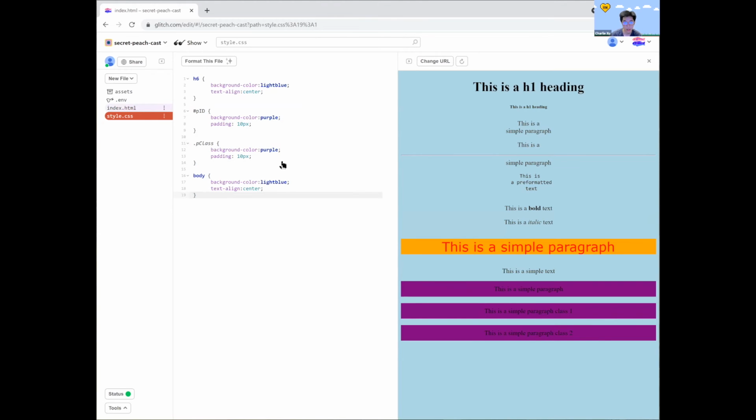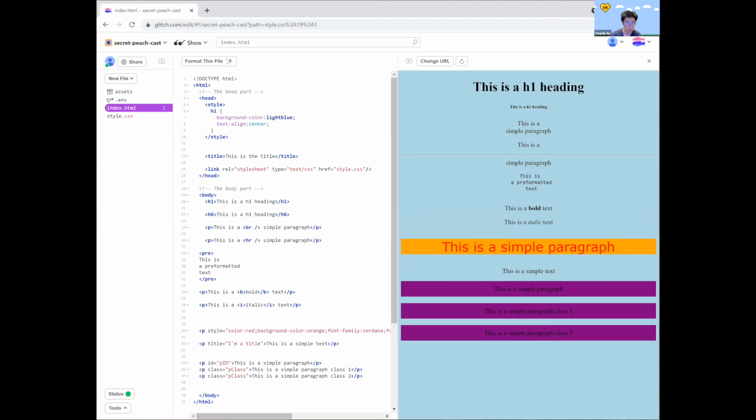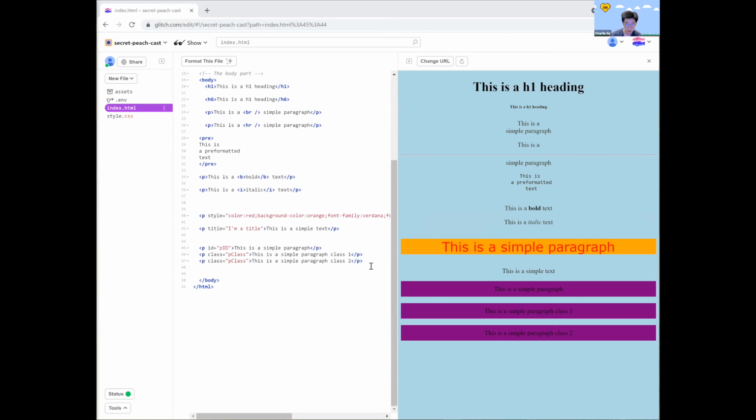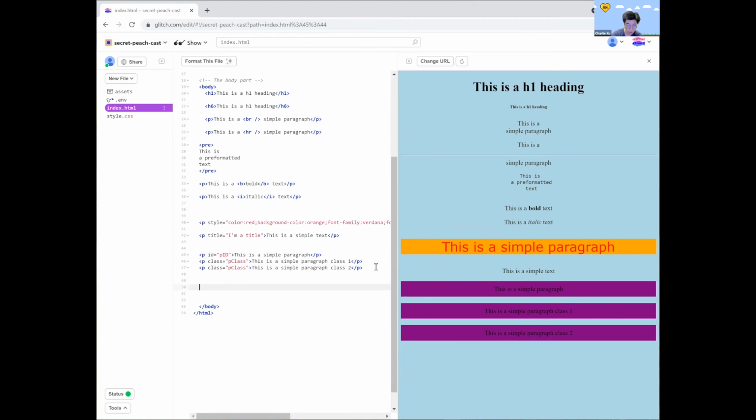And one last thing I want to talk about is some additional elements you might be interested in. So go back to the body section. First, sometimes you want to add a link in your website, some external links, and when you click that link, it will lead you to some external website. So the way you do it is to use the A element. So you do a start and end tag. And in between, it will be your description of the website. Let's say,